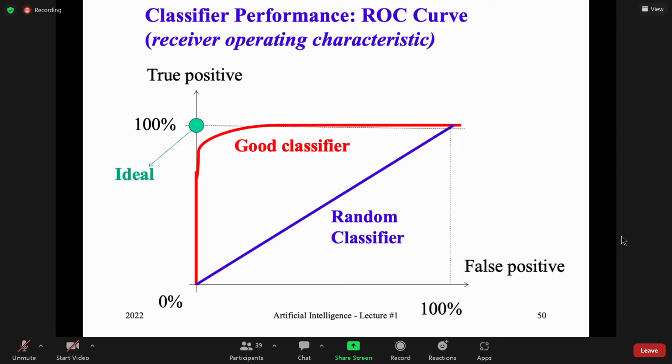Another metric that we can use, which is very famous also, is the ROC curve. Excuse me. ROC means receiver operating characteristics. What do we mean with that? It means that we have to measure the true positive as a function of the false positive. So in the ideal solution, it should be, in fact,